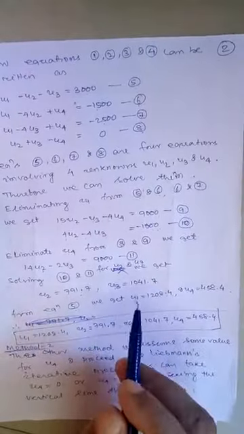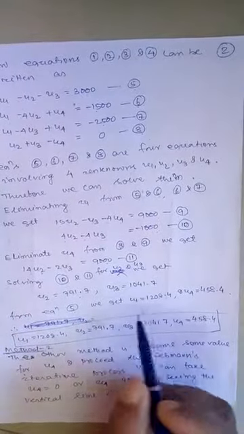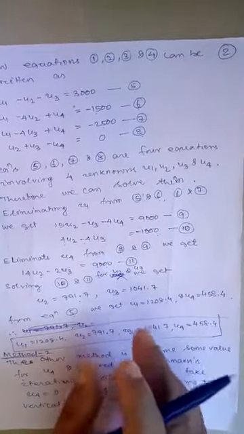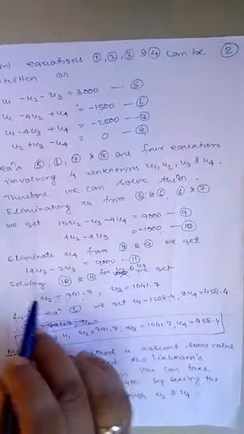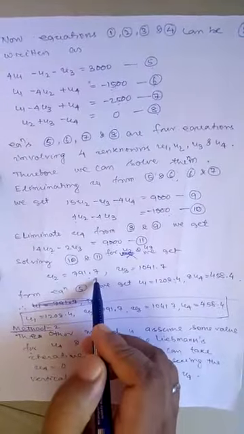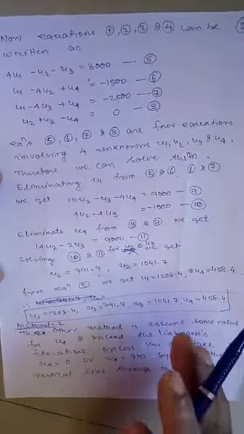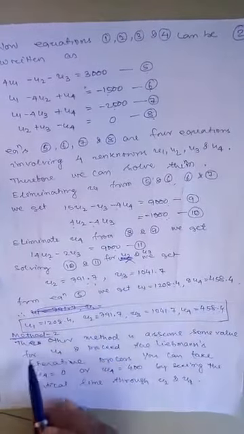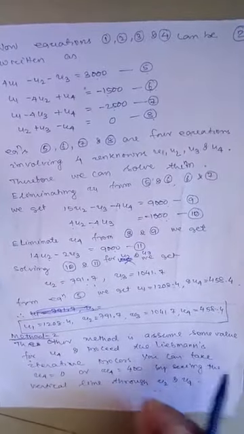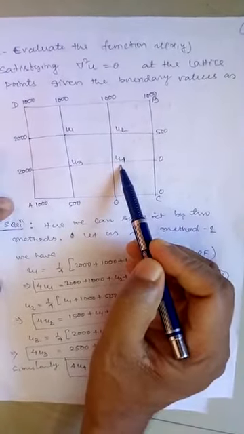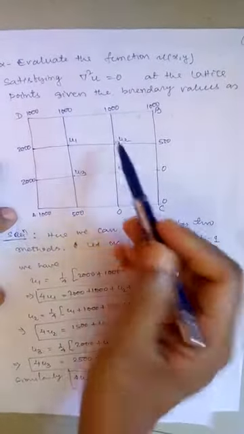This is called the direct method because there is no need to iterate. Now how can we know that we will apply the direct method? If there is no mention of using the Liebmann method or any other method, you can go for this method also. There is no harm at all. If it is mentioning the Liebmann method, you have to use the Liebmann method. So method 2 is nothing but the Liebmann method. You can consider any one of the variables as a known value and you can go for the other variable.